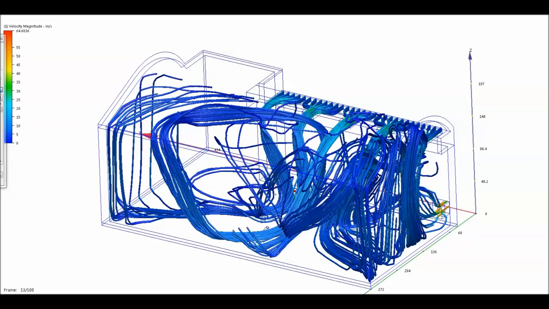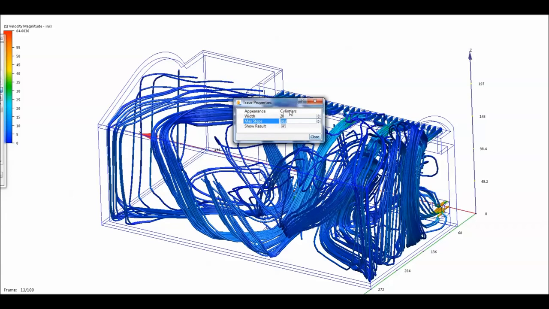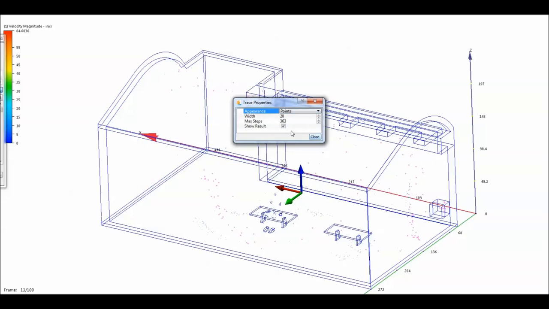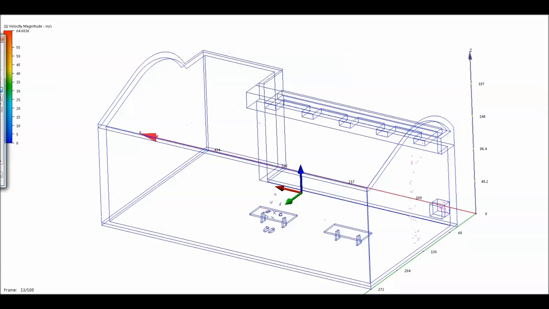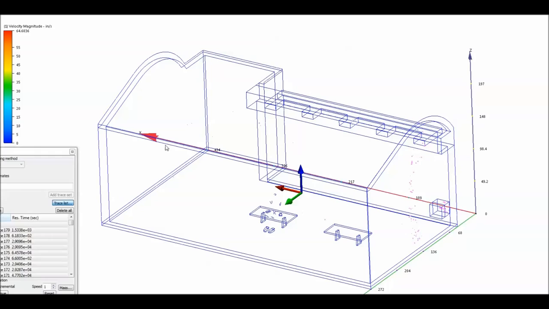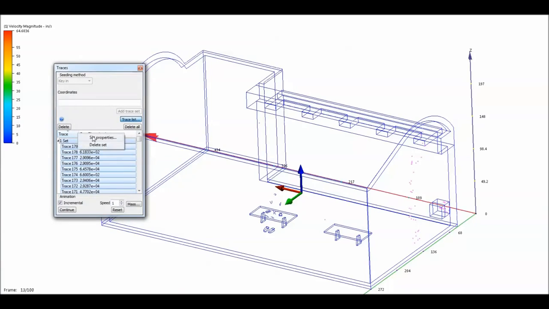You can clearly see where our human's sitting, or you can't see him anymore because he's covered by the lines. But this can also be represented in a lot of different ways. So in the dialog box here I can choose different types of representations, whether it be points. I'll just increase the maximum amount of points here for you so you can see what all the different points look like. And by being able to change the representation here, the typical sorts of settings that you have,